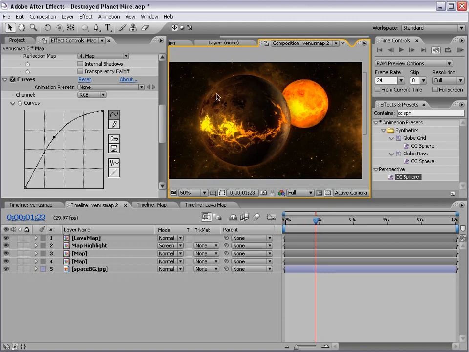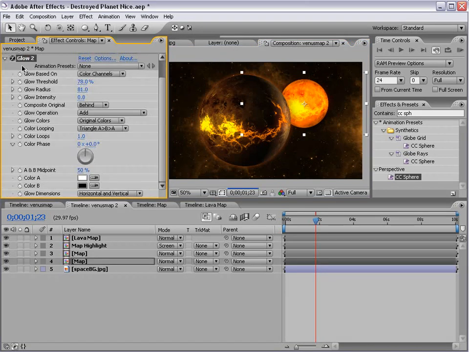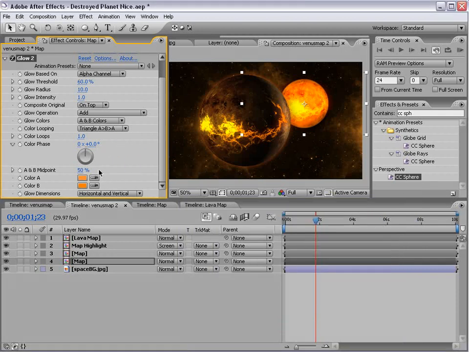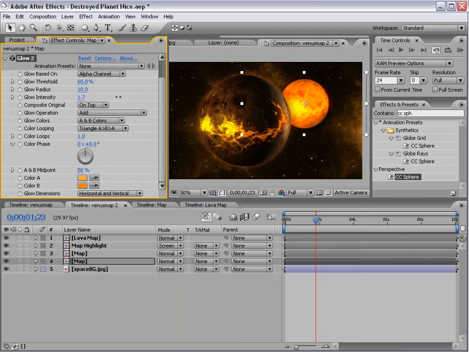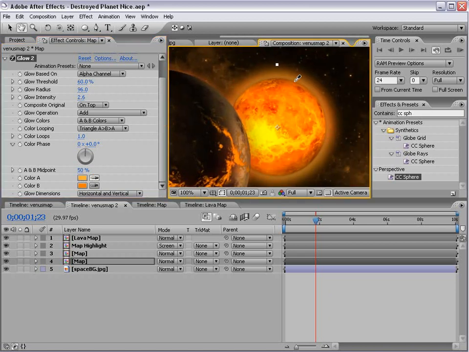And then we could add a glow on the outside by just duplicating this glow, resetting it, changing it to alpha on top, and then changing the color to a color similar to the edge. And then increasing the intensity and the radius. So I'll probably change this color to